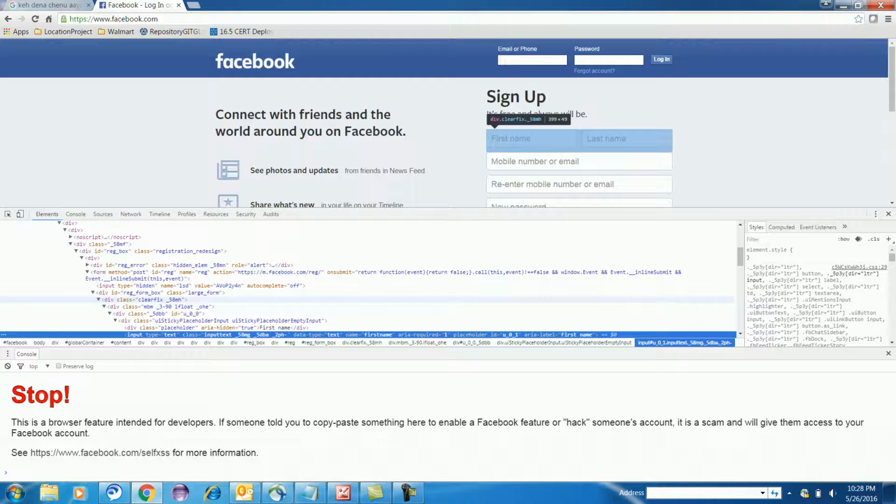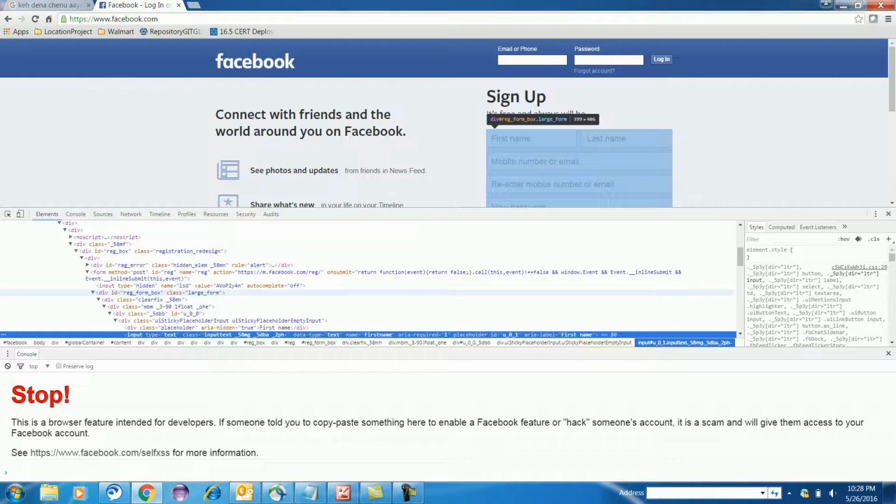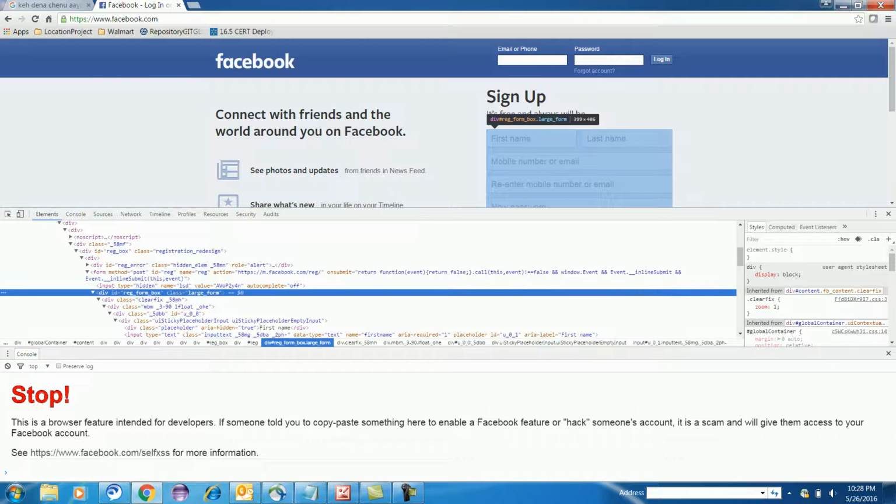But since this div class clear fix underscore 58mh is not a proper object, I'll go one level ahead. I will come here, registration form box.